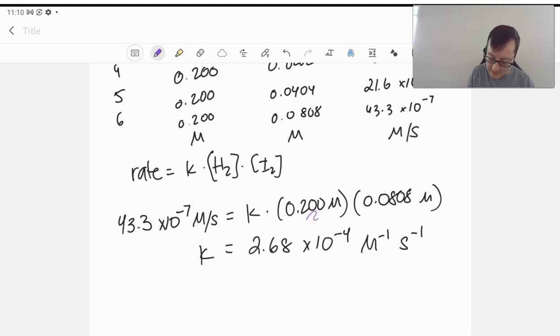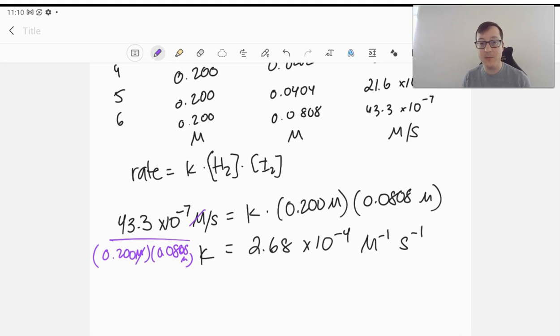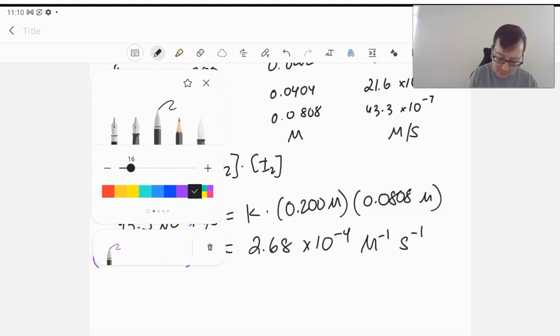Because we need to divide both sides of this equation by, once I can figure out the numbers, 0.2 molar and 0.0808 molar. So these two molars cancel out. We're left with a 1 molar on the bottom and 1 second on the bottom. So that's where this molar negative 1 second negative 1 came from. We'll see for certain reactions, we may end up with,